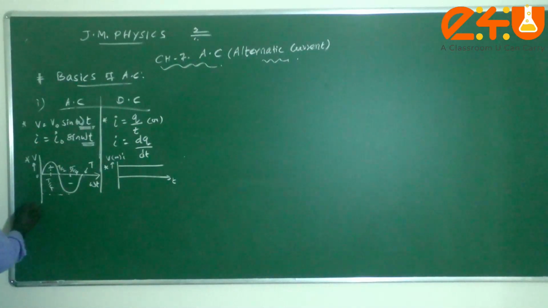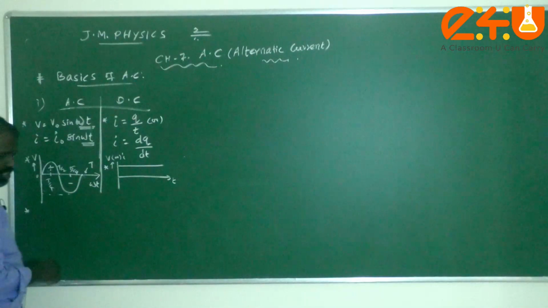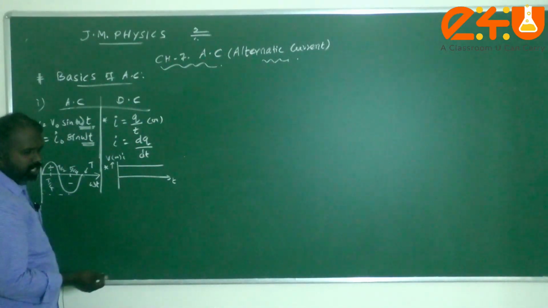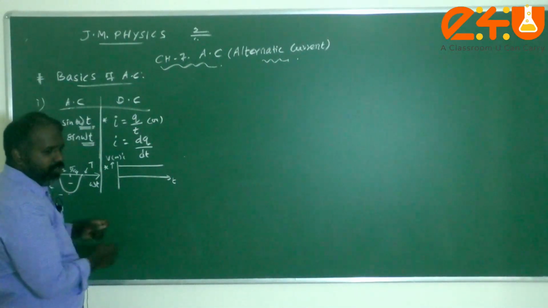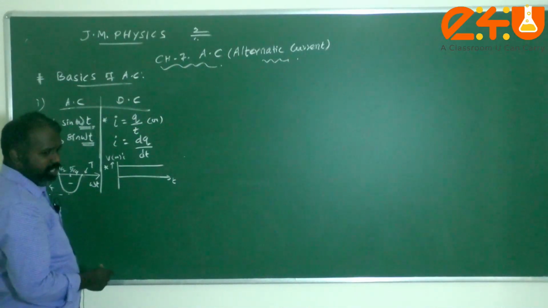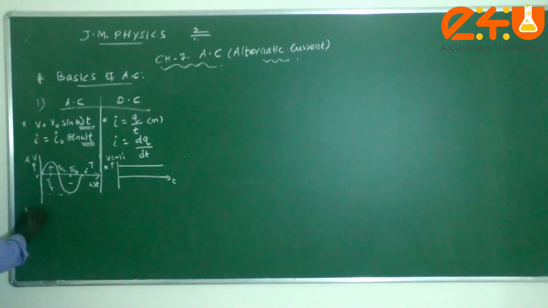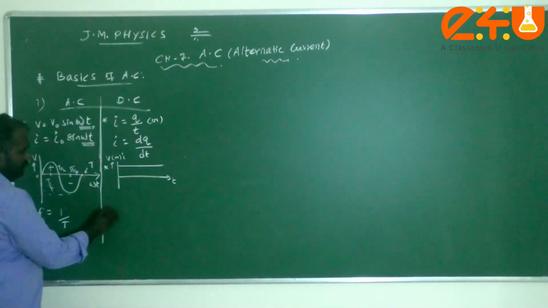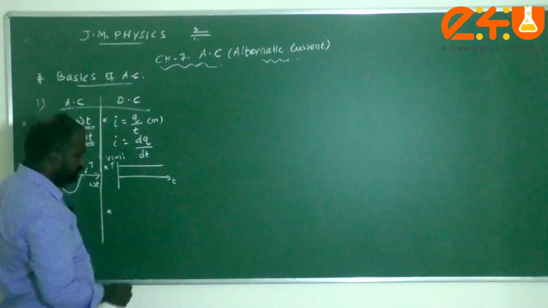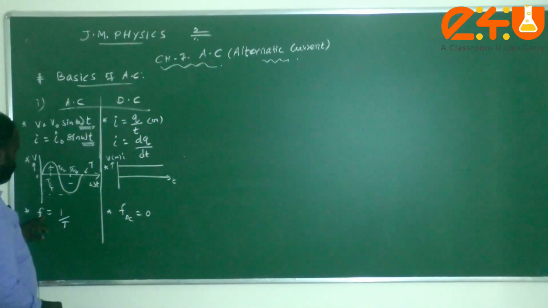And next, whenever the direction is changed, this is called one cycle of variation. You know what a time period is: time taken to complete one cycle. What is frequency? Number of cycles per unit time. That is called what, children? Yes, frequency. Therefore, there is a concept of frequency, that is 1 by T. But in the case of DC, there is no such direction change. Therefore, the frequency of the DC current will be 0, but the frequency of the AC current will not be 0, that is equal to 1 by T.